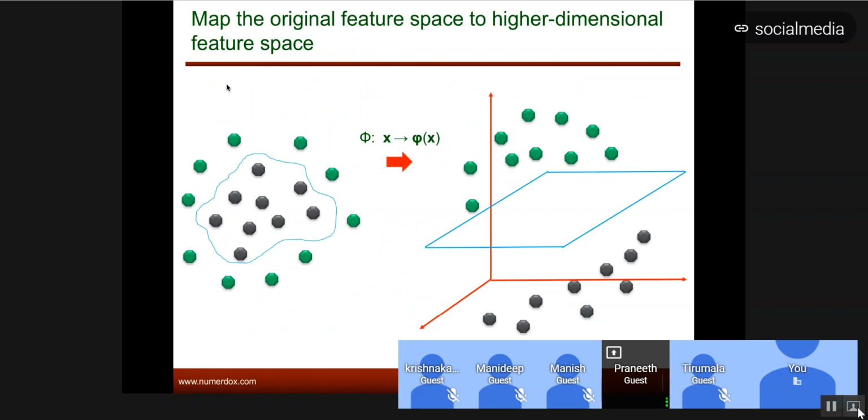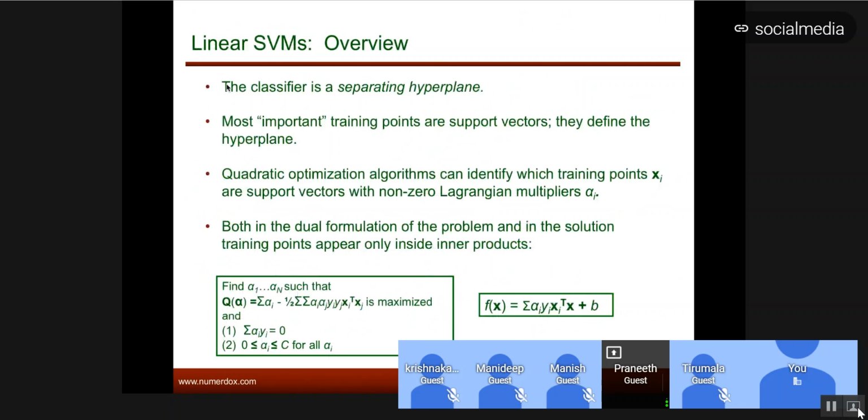So if you see the problem definition for the linear SVM, in the end, your objective function is something like this. You need to find some alphas for your data, which is your final solution. But the objective function you're trying to maximize, which is the margin, has this term called xi transpose xj. So this is what you want to maximize. And there are some constraints on your alpha: a linear combination of this should be 0, and your alpha should always be between 0 and C. These are constraints, but the objective function that you're maximizing is this. And it clearly has this xi transpose xj.